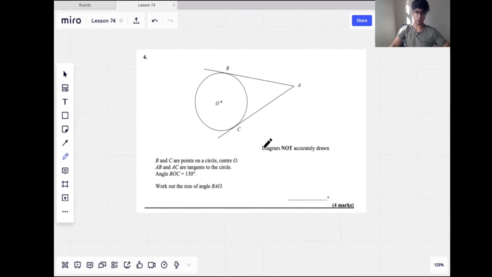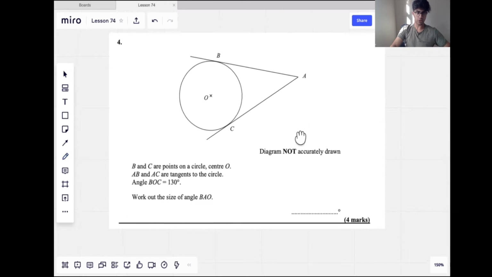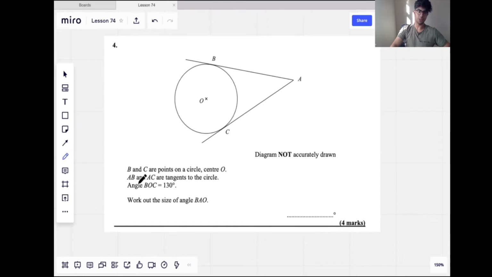Question number 1: B and C are points on a circle center O. AB and AC are tangents to the circle. Angle BOC is 130 degrees. Work out the size of the angle BAO. One of the first things to do here is to draw in some lines as usual, because there are some lines of interest. Angle BOC, that's from B to O to C, right? So if we draw that in,